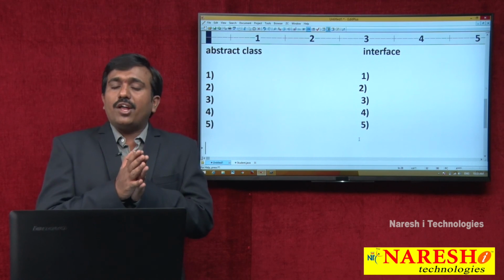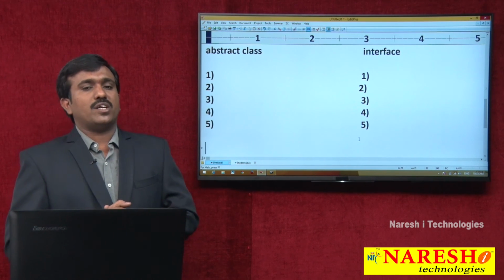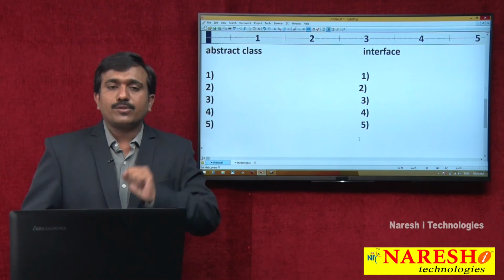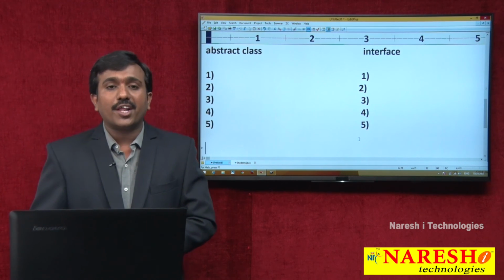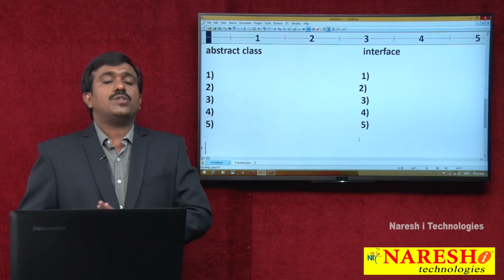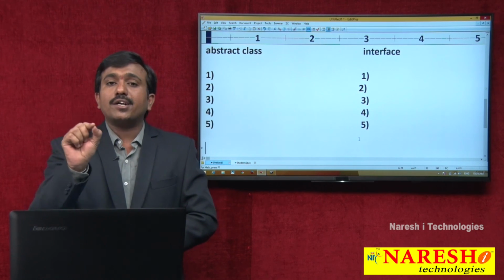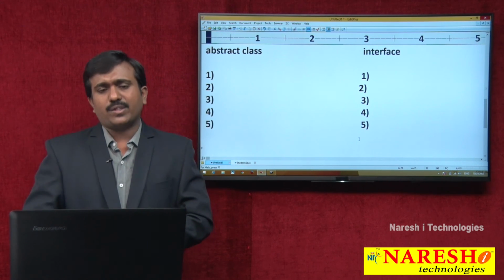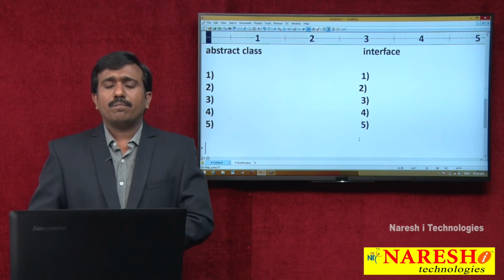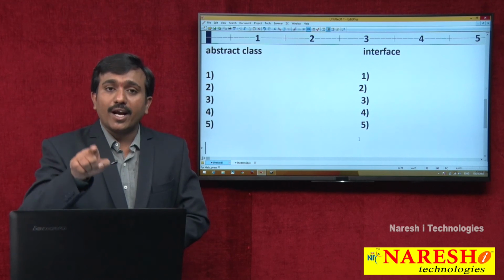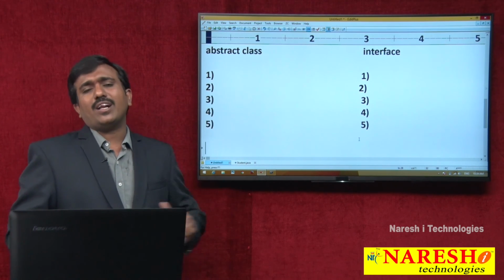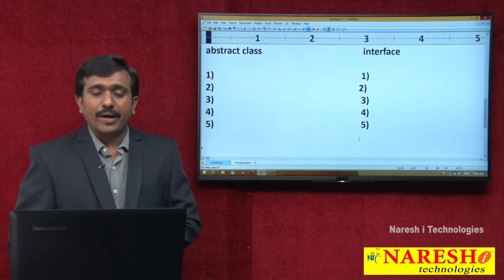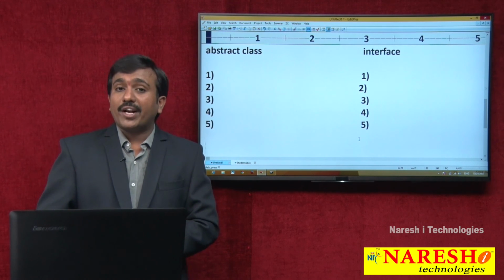So what are the differences we discussed here? Just now observe the conclusion. Abstract class allows 0 or n number of abstract methods and 0 or n number of concrete methods, but interface allows 0 or n number of abstract methods only. Inside the abstract class, there are no default cases for methods, but inside the interface, by default every method is public and abstract. Inside the abstract class, no default case is there for variables, but inside the interface, by default the variables are public, static, final.